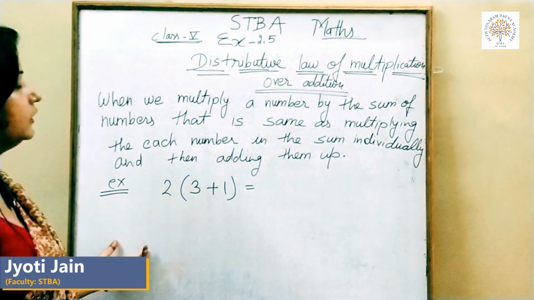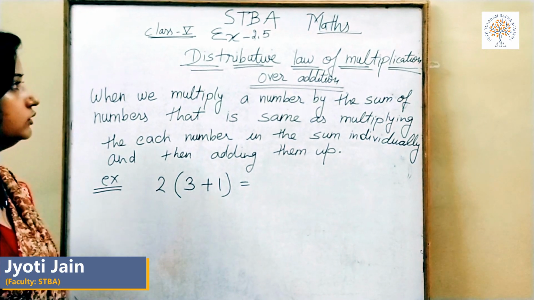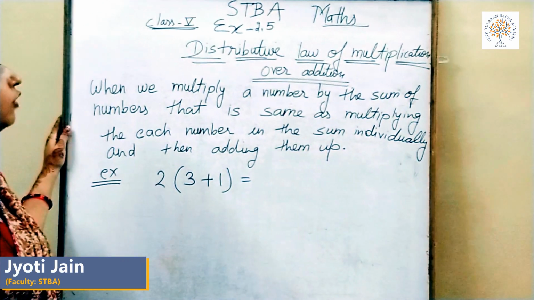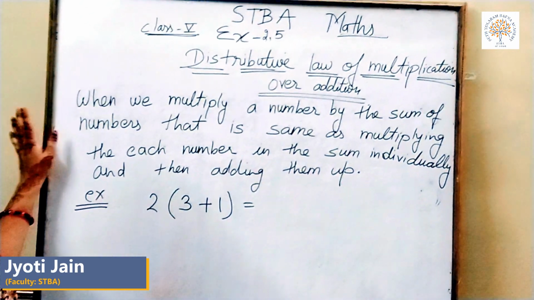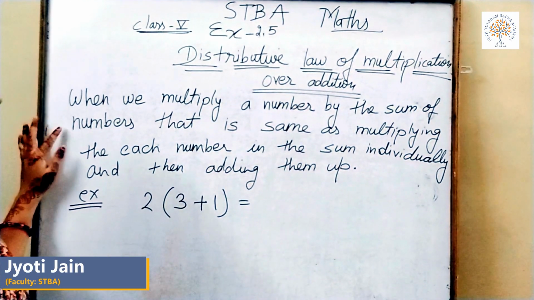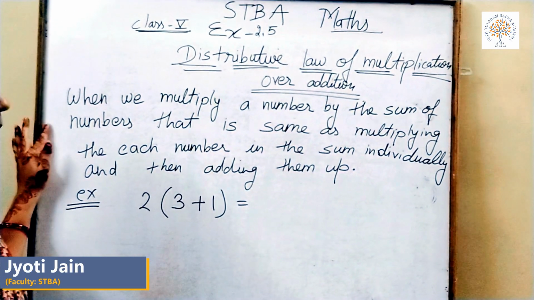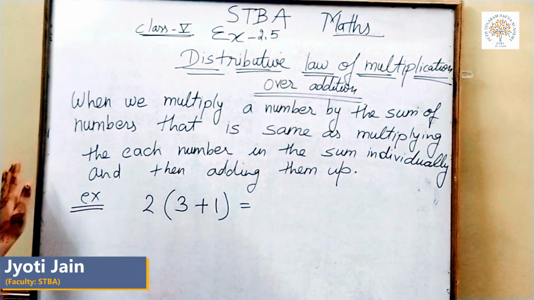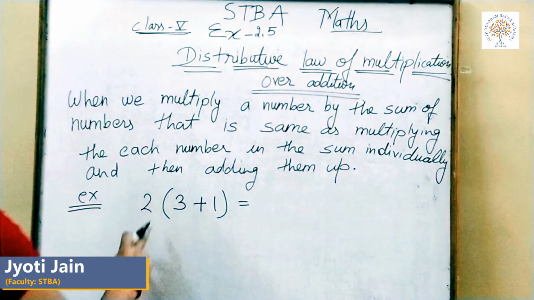Next topic is the distributive law of multiplication over addition. This is a very important law related to whole numbers. The law is: when we multiply a number by the sum of numbers, it is the same as multiplying each number in the sum individually and then adding them up. The meaning is that when